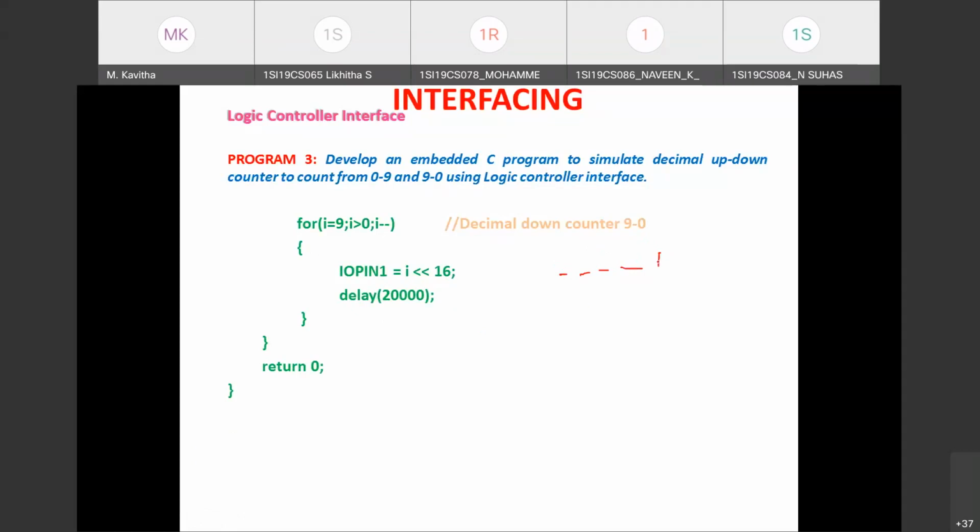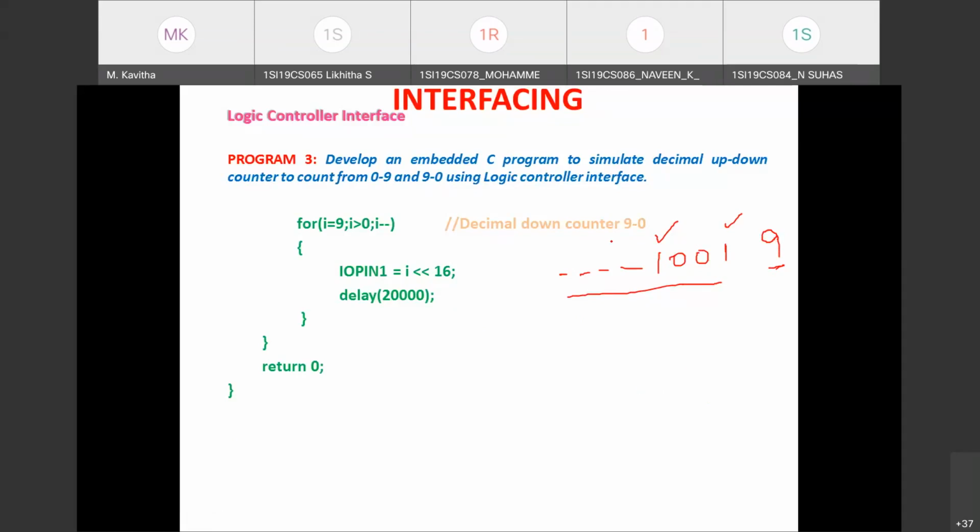But in the lower nibble of the output LEDs, the MSB bit will be on, these will be off, and the least significant LED will be in the on state. Only these two LEDs will be glowing and the rest will be off. This indicates decimal 9. Once you come offline, you can easily analyze how we simulate the up down counter and what value the LED status represents.